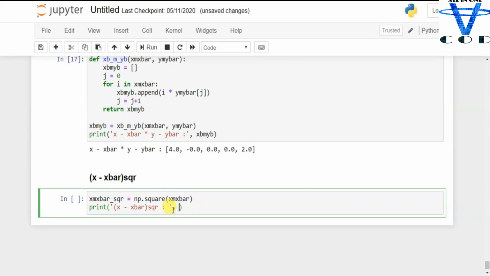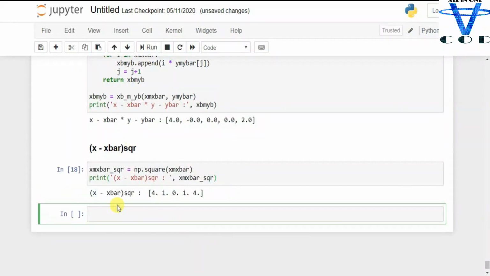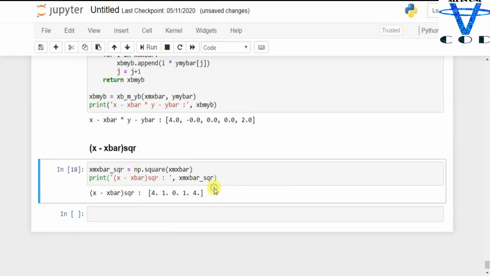Okay, so that's how you can find the x minus x bar square. So we got 4, 1, 0, 1 and 4. So this is the real output. You can even check it in your note, by doing the equation in your note.